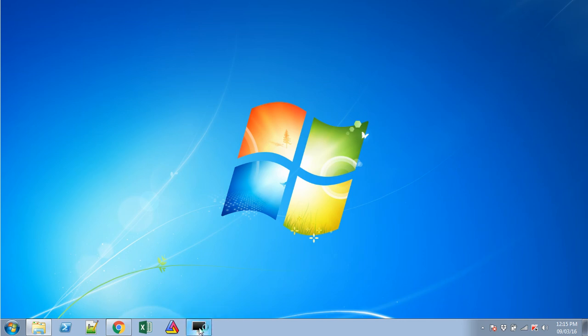To start using Velocity 2.0, I am clicking on it. Now when I click on Velocity 2.0, you will see nothing on the desktop but just a red square here showing that it is not yet connected. And if you hover over it, it will show disconnected. Once Velocity 2.0 gets connected, it will turn into a green play symbol which will show you that Velocity 2.0